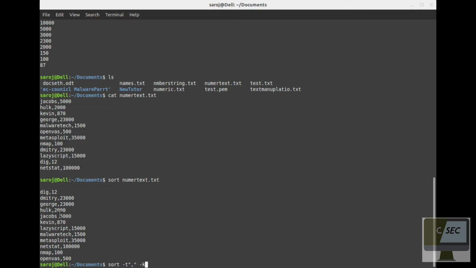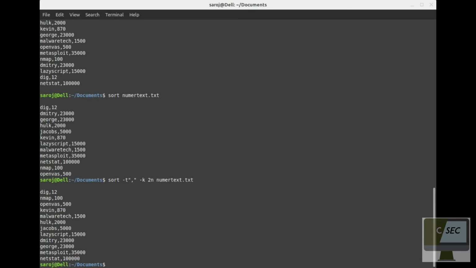The names are in column 1 and the numbers are in column 2. If I want to sort those numbers, then I have to specify -k2 n, then the file name. Now you can see on my screen that the numbers are also sorted in ascending form.